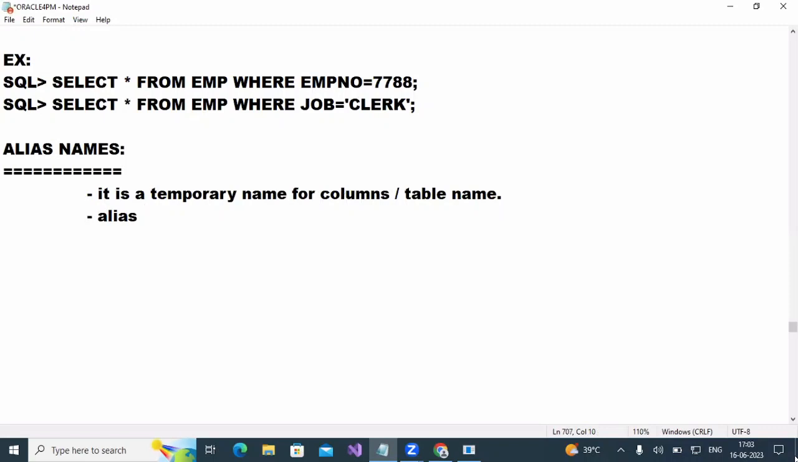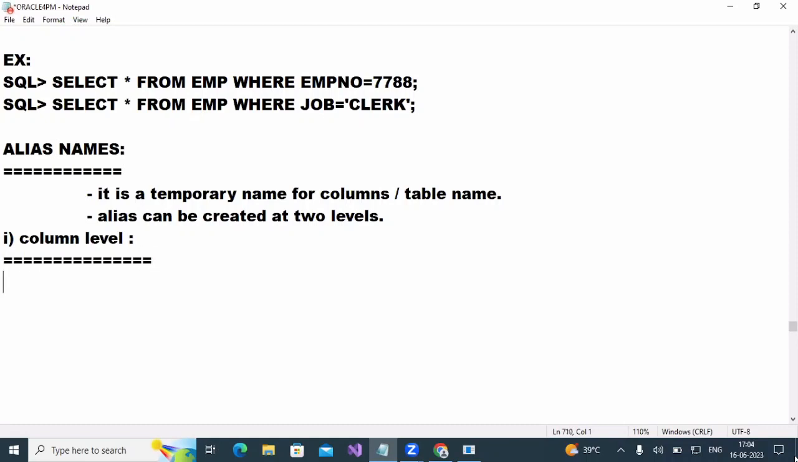So aliases can be created at two levels. Alias can be created at two levels. The first one we call column level aliases. Okay, so what I want to do in this level,